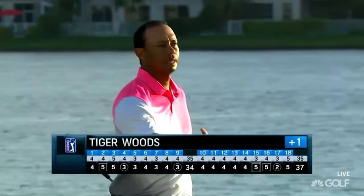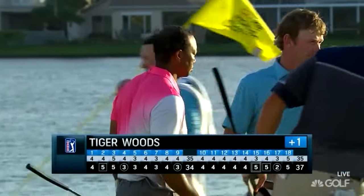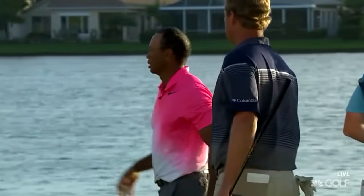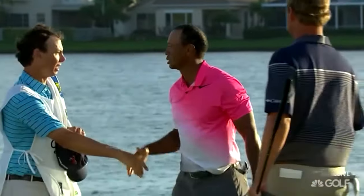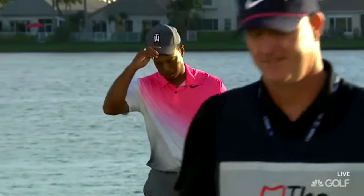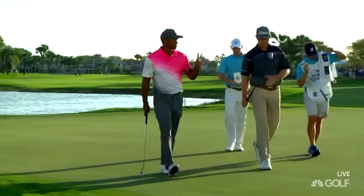So the birdie at 17, a par at 18, offsetting that double bogey at 15, the bogey at 16. Tiger Woods 1 over on his round today. Gave himself a lot of chances, though, Nick. He played solid, really. Whether he will question the shot choice on 15, but all in all, just a couple